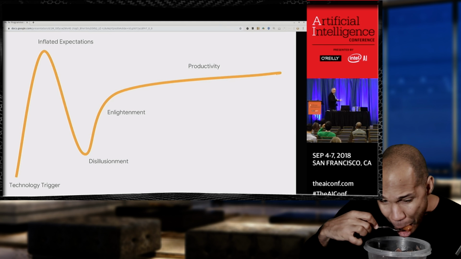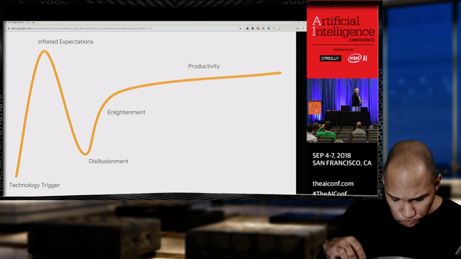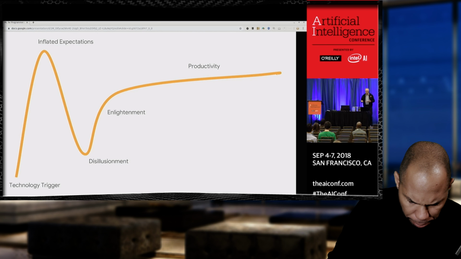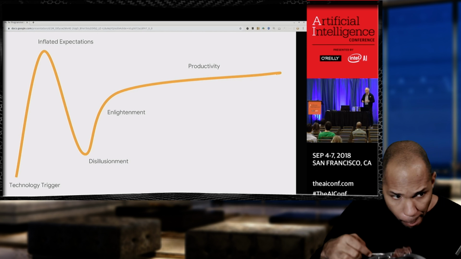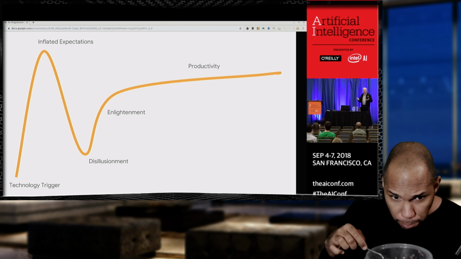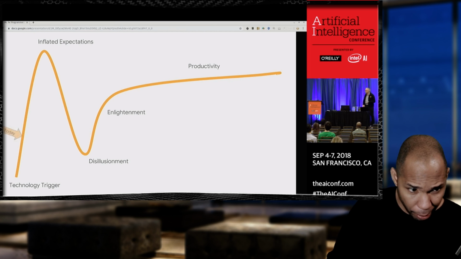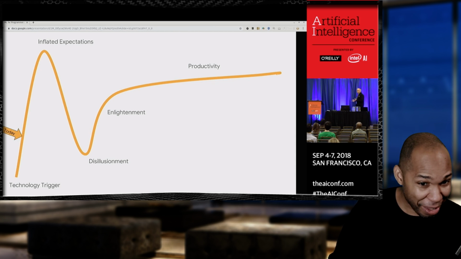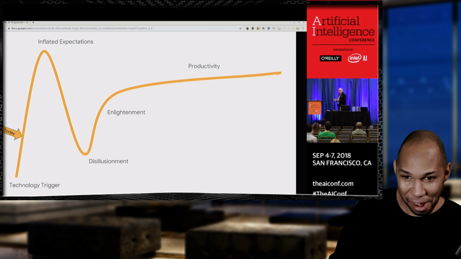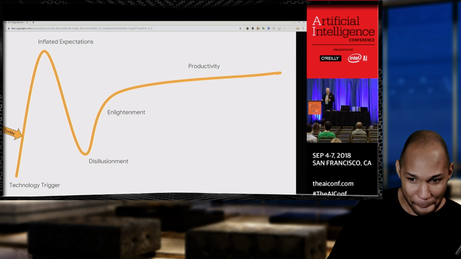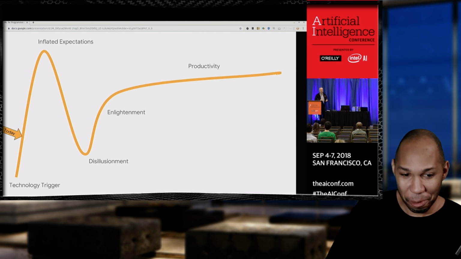So when you think about the web and mobile phones and those revolutions that I spoke about, they all went through this cycle, and AI is going through this cycle too. Now, you can ask 100 people where we are on this cycle right now, and you'll probably get 100 different answers, but I'm going to give my answer. I think we're right about here. And when we start looking at the news cycle, it shows that. We look at news, we look at glossy marketing videos: AI is going to do this, AI is going to do that.